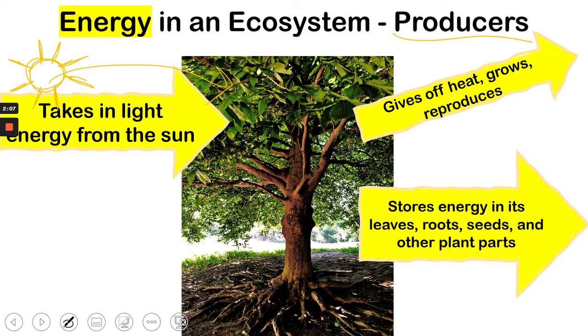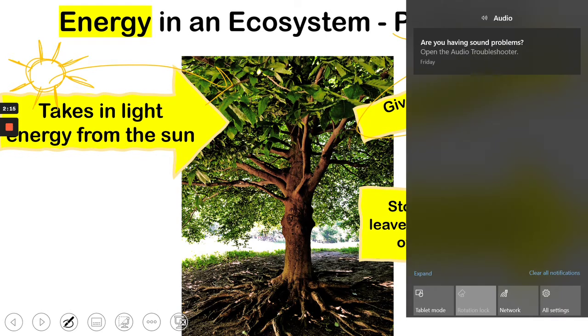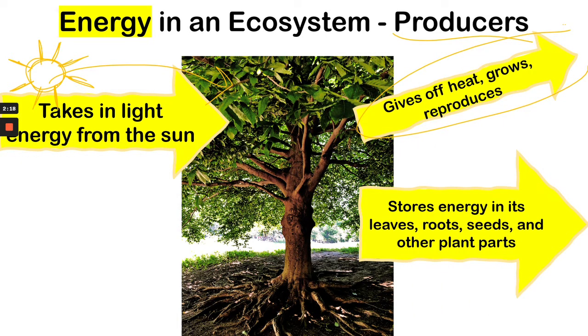So plants take in light energy from the sun, and then plants lose some of their energy. So I'm going to circle this. They lose energy as heat. They also use up some of that energy to grow. As a plant grows, that takes energy. Once that energy is used up, it's not there for the plant anymore. The plant also reproduces. Like we learned that they make seeds. Your bean seeds took energy to make, the wheat seeds took energy to make, and they actually store energy in those seeds. So the plant is using up some of that energy, and then it's storing it.